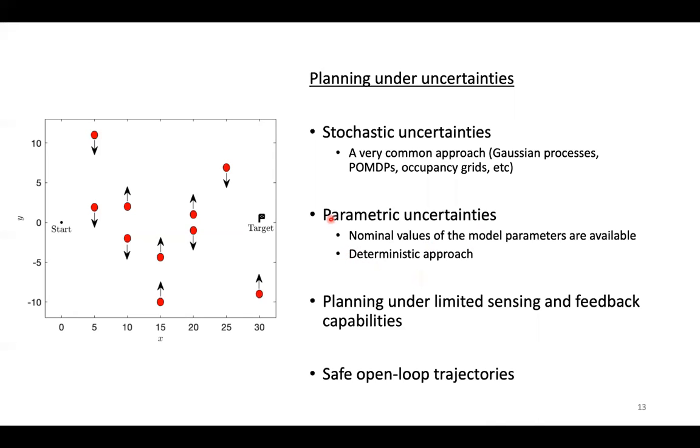So which means the moment you assume the uncertainties to be parametric, instead of going to stochastic optimal control, you can deal with planning just with deterministic approaches, which is what you will see in the next few slides. And you would use this sort of planning approach for cases where there are limited sensing or feedback capabilities. Because in the past, we had just discussed,